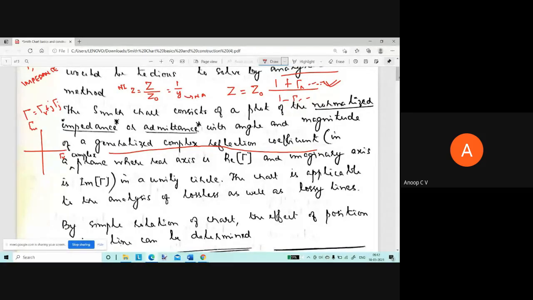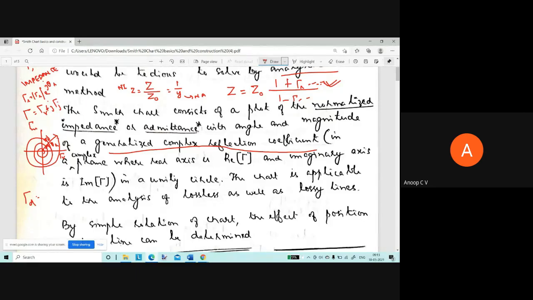And also we have seen how to plot this gamma as a phasor. We have spent some time on it. If gamma L is equal to mod of gamma L into e power j theta L, this gamma L can be represented as a phasor, a directed line segment with length equal to the magnitude and angle theta L. And if you are representing gamma d as a function of gamma L, we have seen the tip of the phasor will trace this path. We have seen all those things.